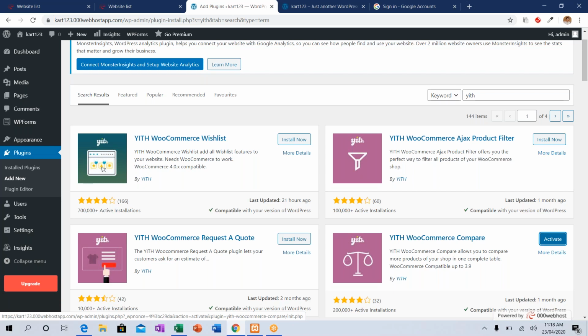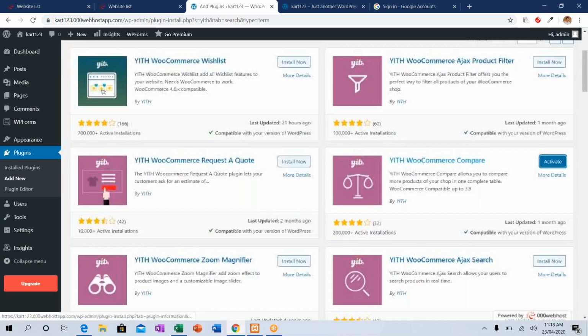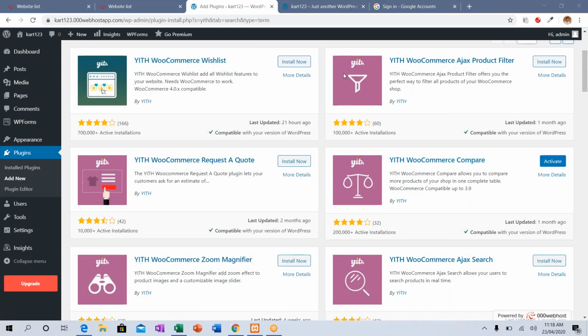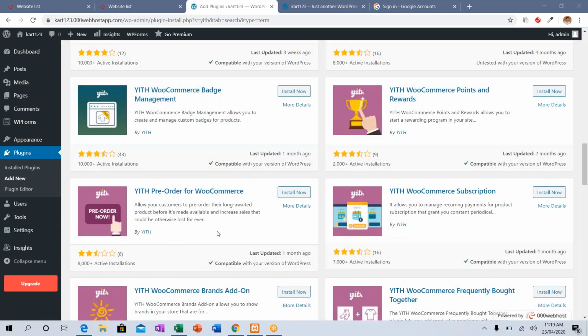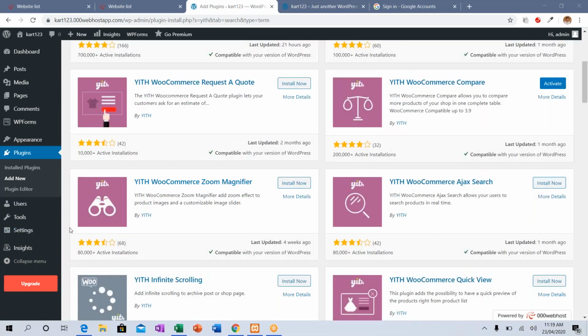Next, WITH WooCommerce quick view. Quick view. Where do I have my quick view? Or you type it here.